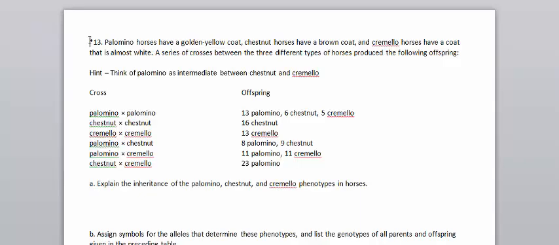But the way we normally get from a 1 to 2 to 1 ratio to a 3 to 1 ratio is that the heterozygotes and those homozygotes for the dominant allele both give us the dominant phenotype. So you get a 3 to 1. But there are variations on those themes where we'll get a 1 to 2 to 1 ratio, but we won't necessarily get a 3 to 1 ratio. And so this first example is one where we get that situation,